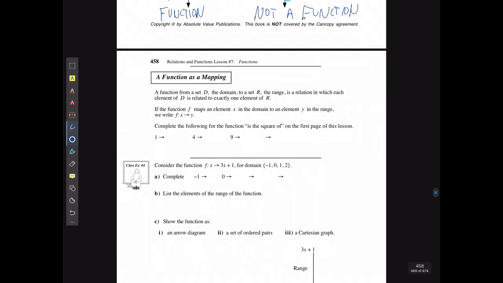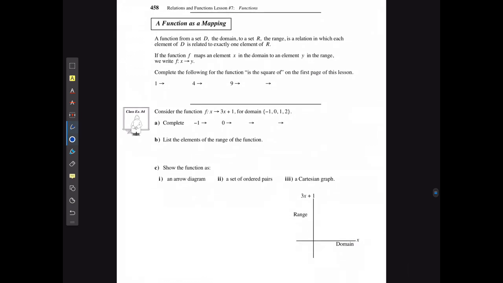All right, when I'm stating a function as mapping notation, a function from a set D, the domain, to a set R, the range, is a relation in which each element in the domain is related to one element in the range, which we already talked about. If the function f, because we typically use f to state that it is a function, maps an element x in the domain to an element y in the range, we would write that